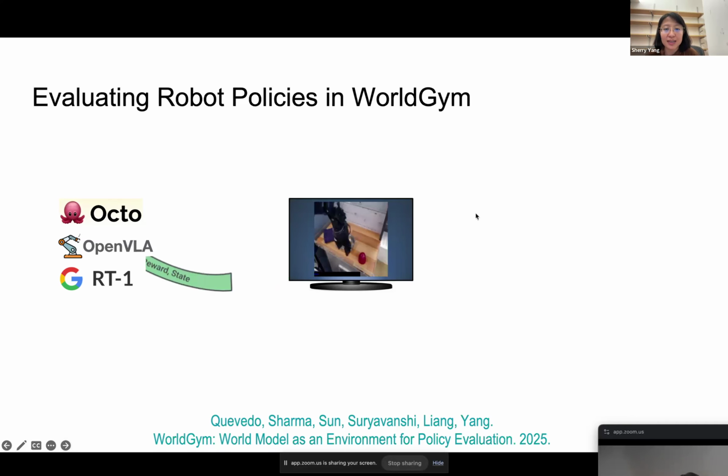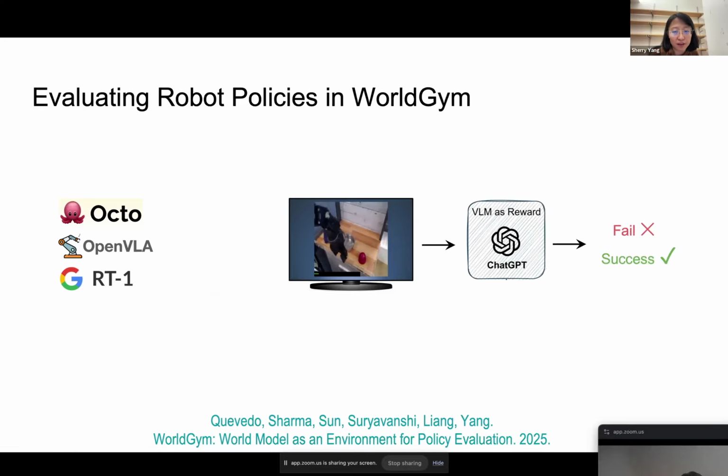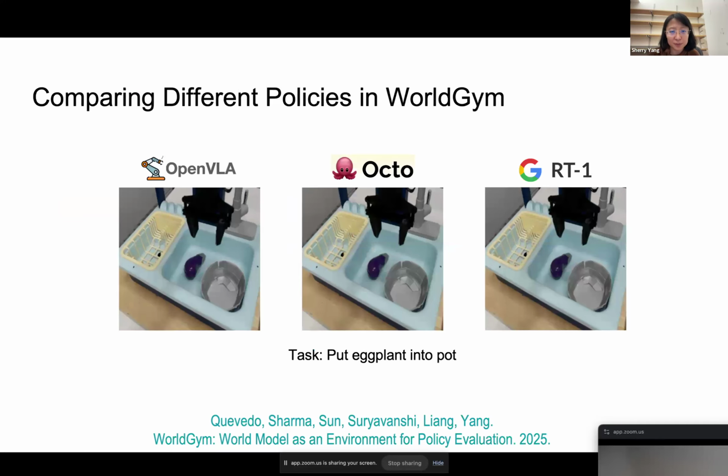After the rollouts, we get a full video that is generated by the world model, conditioned on the actions generated by the policy. And we give this video to a VLM, like ChatGPT, and we ask the model, was this a success or a failure, right? Because the dynamics model itself doesn't have reward information, we have to use some external reward like GPT to give us the successes and failures of these executions. But now we have a quantitative metric to compare different policies just by rolling them out in the world model.